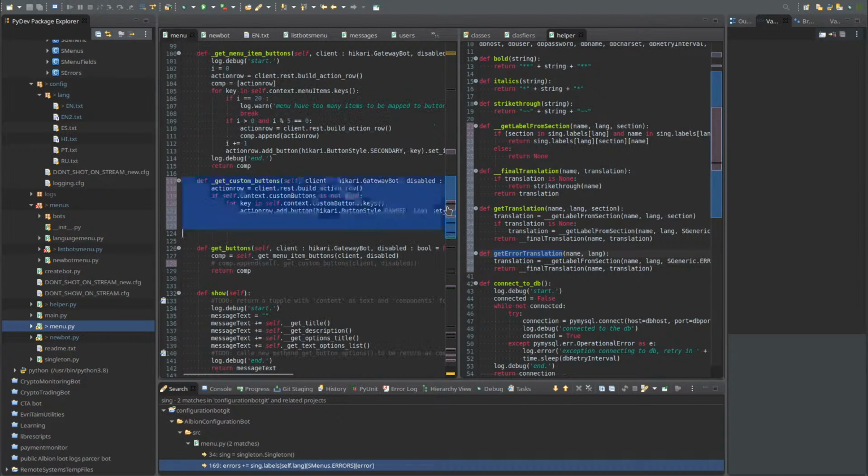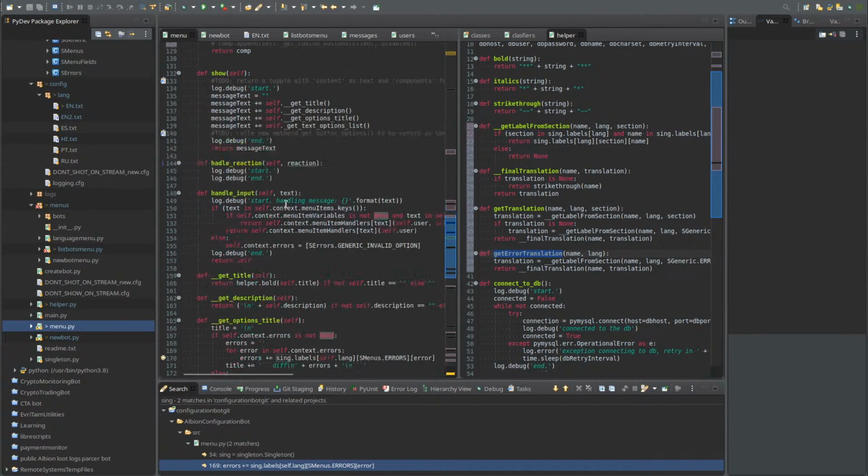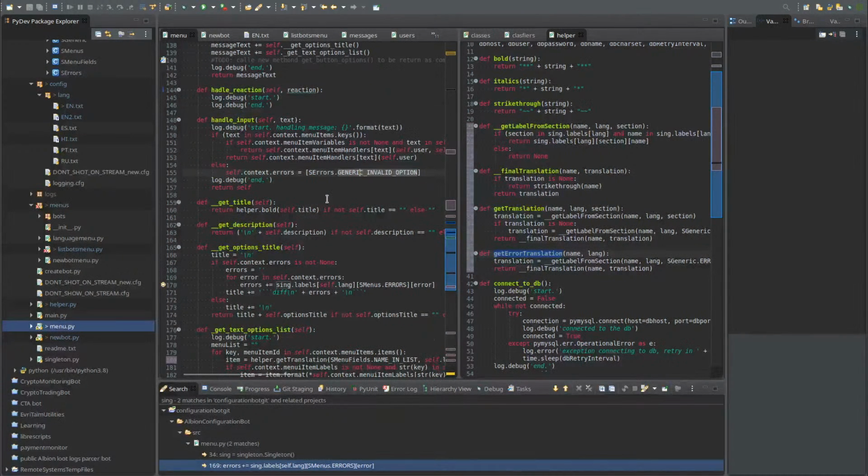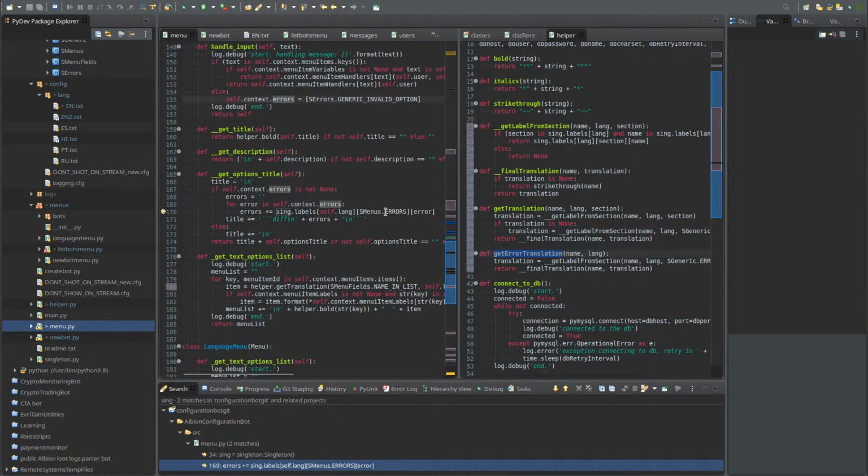Where was my errors? Errors equals... so this assigns the errors. Where do I check them? Here. Here I get the translation. Instead of this, errors is